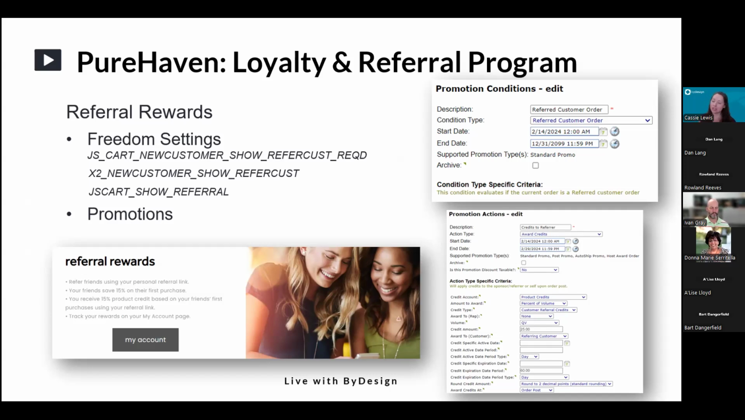Again, the promo engine is the core foundation to these referral programs. So you can see a couple of examples there. The condition that you're going to look for is going to be one of two. Either the referred customer order, which is going to be a benefit that you offer to the customer who was referred by Dan, or you're going to use a referring customer order, which is going to reward Dan for doing the referring. So there's a couple of different conditions you can look at there, depending on who you want to